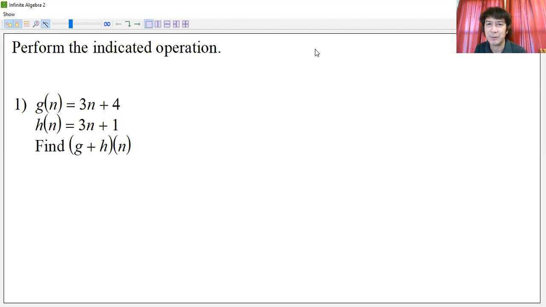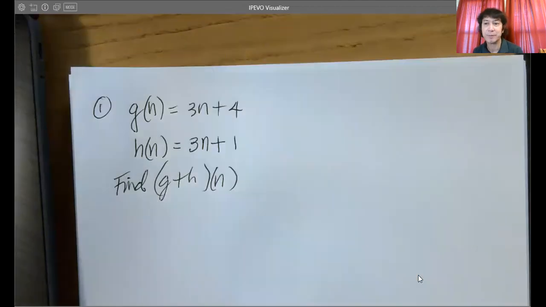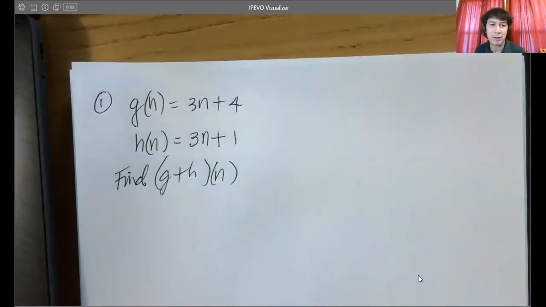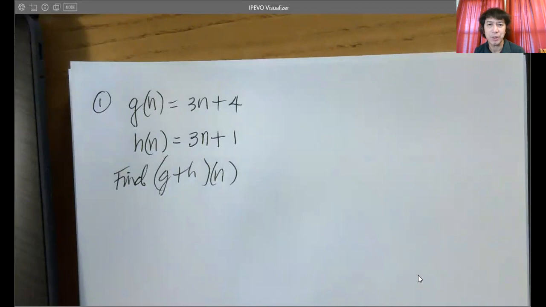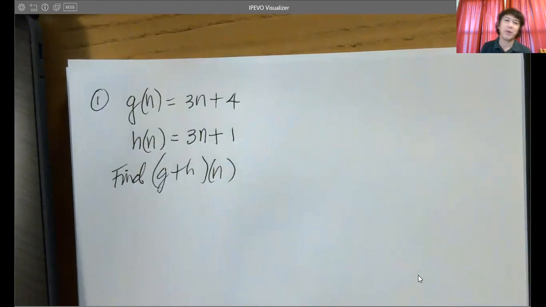All right, so we're here. Here's the first number. G of N equals 3N plus 4. H of N is equal to 3N plus 1. We're asked to get G plus H of N. So this is basically addition of the two functions. Now the solution for this,